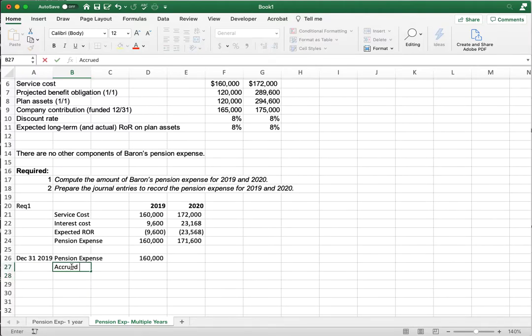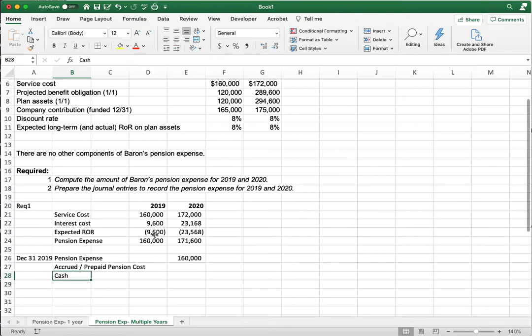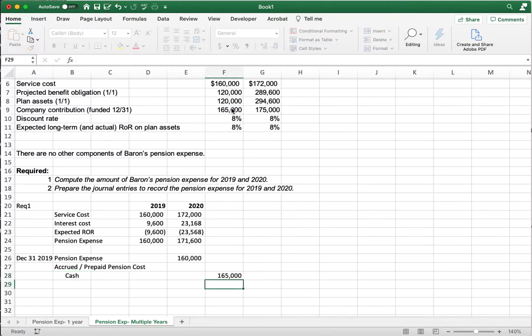and so that's going to be our accrued prepaid pension cost. And it looks like I didn't give us enough room. Then we'll have a credit to cash for that contribution. And so that $5,000 difference goes in the prepaid pension cost. So then